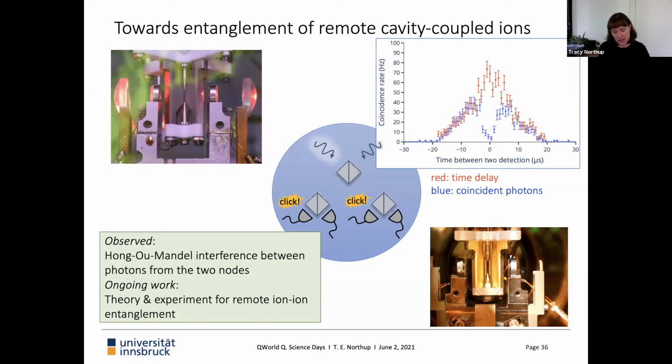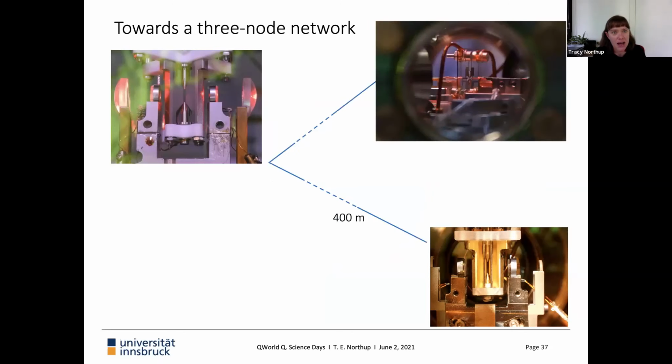And then this lets us go ahead and say, well, how can we think about making that more efficient? How can we make that better? How do we characterize the states of these remote two systems? So that's where we are right now, working hard at generating and characterizing entanglement between ions in two remote traps. And then in the last few slides, I just want to show you how we want to go beyond that, not only by increasing the fidelity and efficiency of a 2-node network, but moving towards a 3-node network. So now I've added a third picture in the upper right-hand corner.